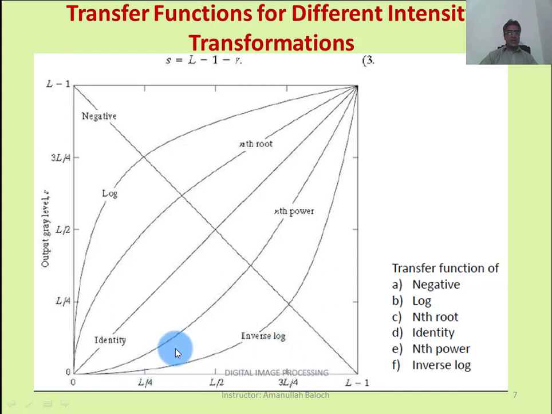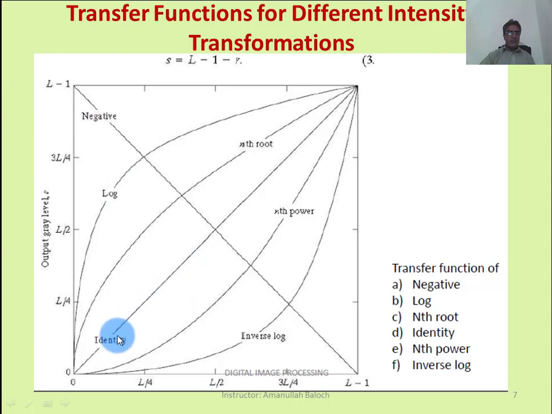There are so many gray levels in between black and white. So this is the identity image graph, and this is the negative image graph, which is the reverse of identity. Identity starts from here and goes upward, and the negative image starts from here and goes this way.